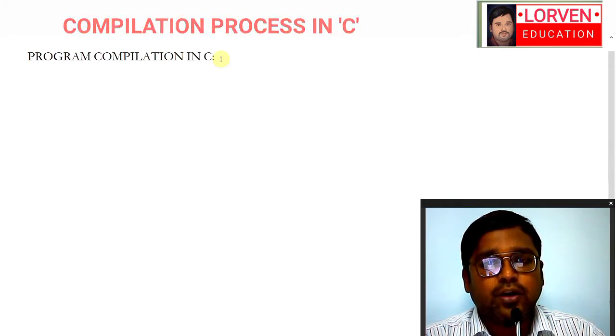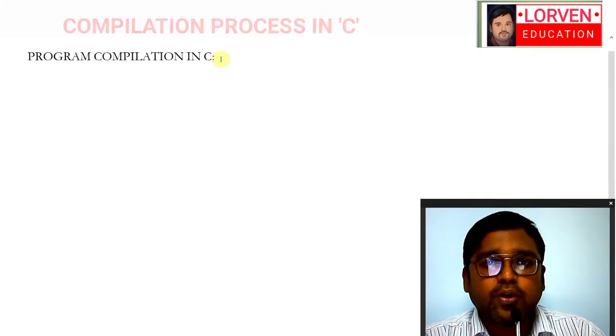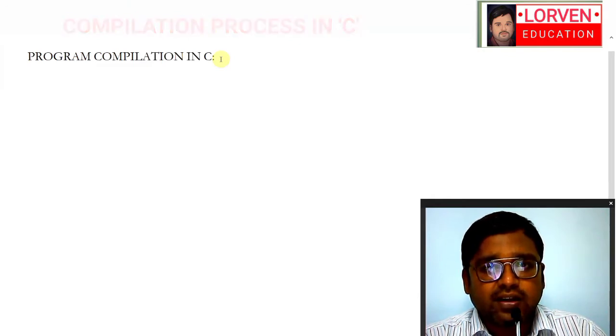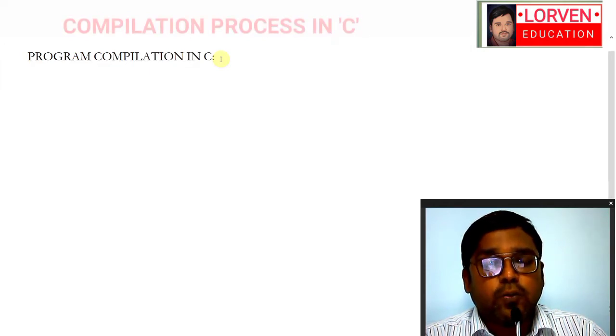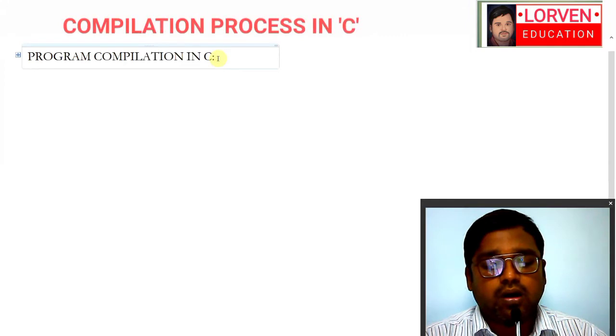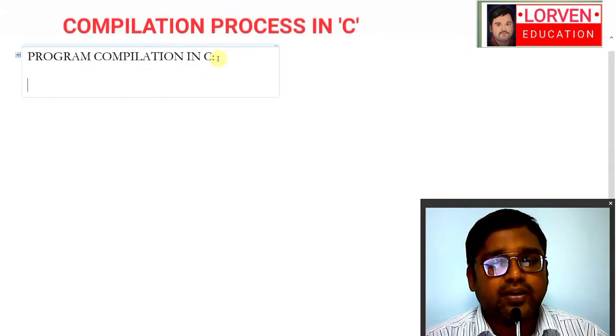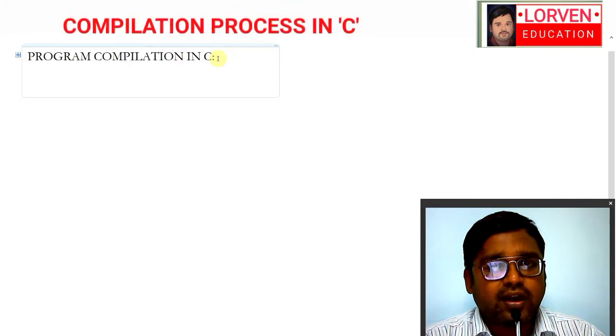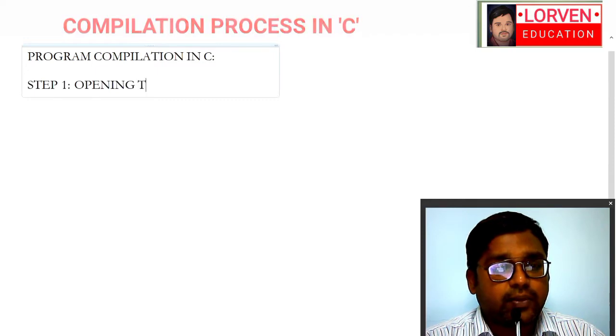I will be telling you about the step by step procedure of how you start writing a C program, how you save it, how you compile it, how you run it, and how you display the output on the screen. So we have 5 steps here. Step number 1 is start writing a program. Whenever you are good at C programming, you will try to write some code in C, and for writing the code in C you have to open a software called Turbo C. Step number 1 is opening the application